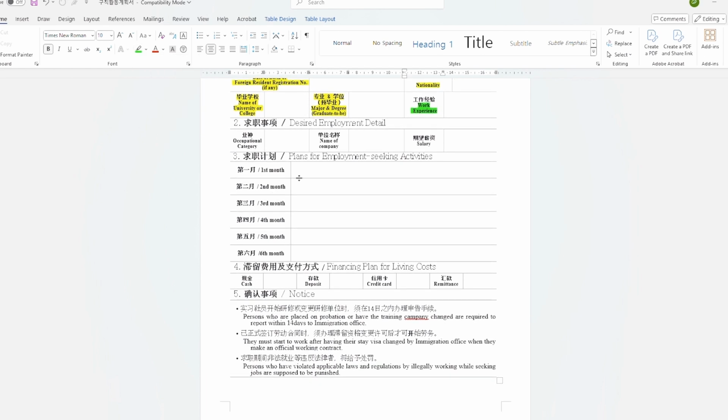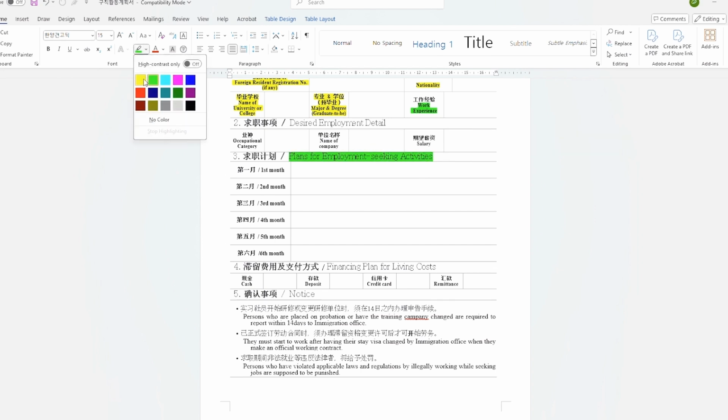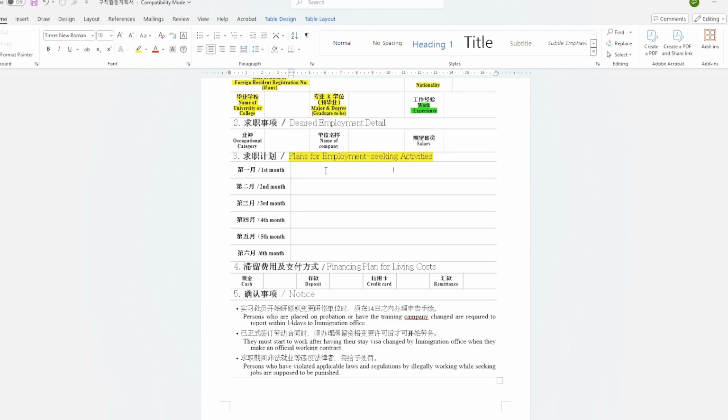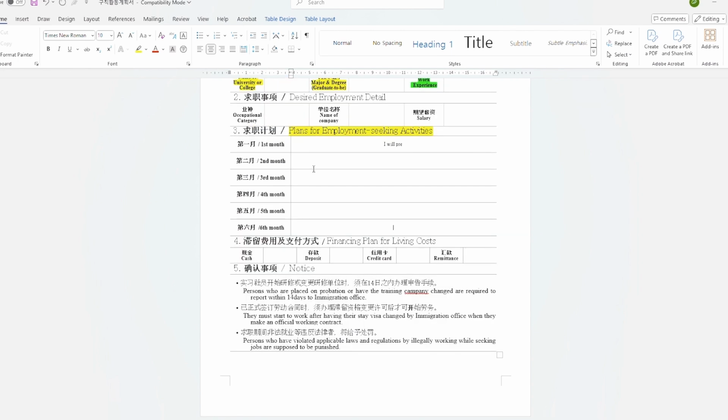And then the plan for seeking employment section. So this is the most important section. Here you have to fill out the first month, like if you are studying for TOPIK, you can just write I will prepare for TOPIK, and then for the second month I will give my exam, attend job fair. You can write your whole 6 months plan over there. It should be pen written. It should not be written online and then printed. No, you have to print and then write these things.